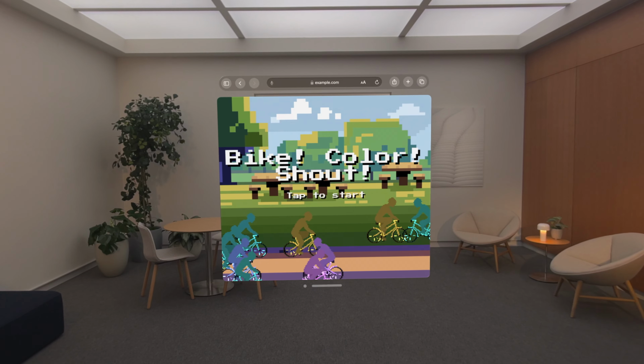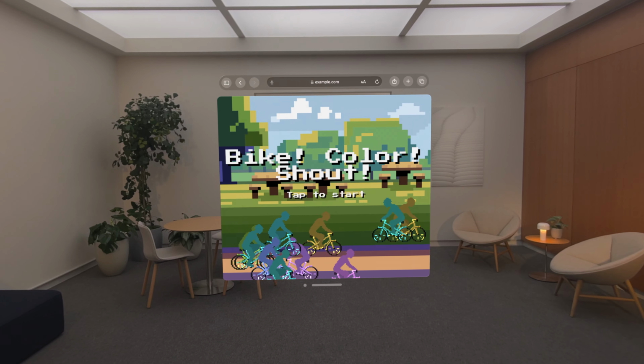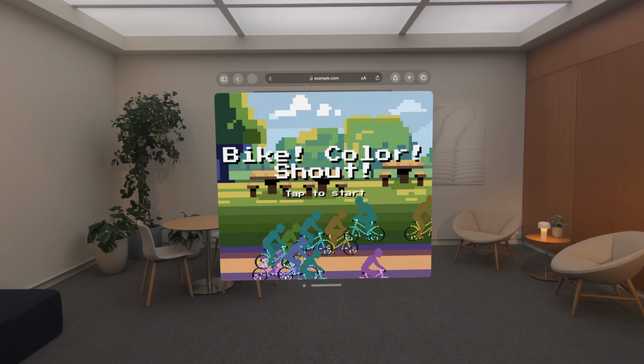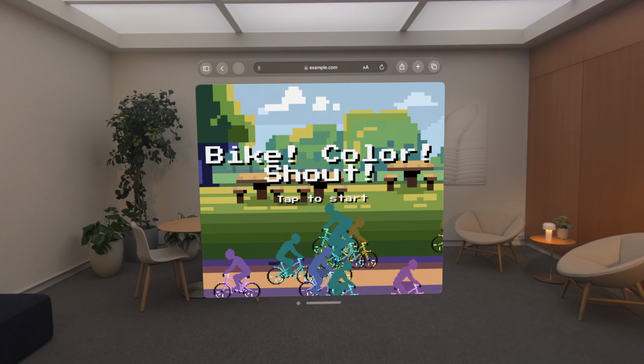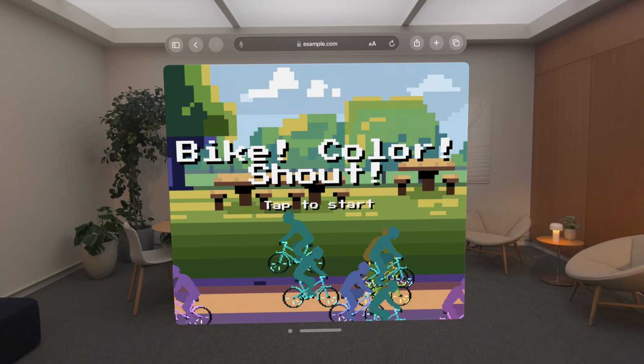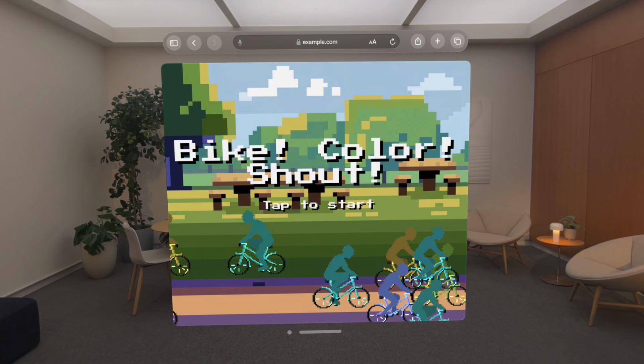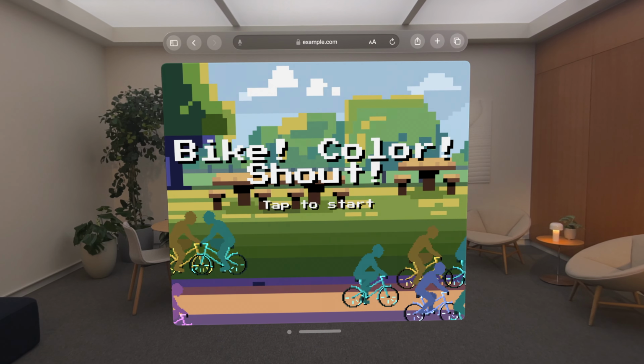And I think it's just the thing for a game I've been wanting to make: Bike Color Shout. Players can call out their guesses about the latest bicycle color trends on an 8-bit version of Campus, trying to get ahead of the bike fashion around the loop. Rather than using a text field to get voice input, I want the player to keep their eyes on the action. I can use speech recognition as a totally separate channel for input, without anyone needing to tap or click on anything. Let's take a look at the code.